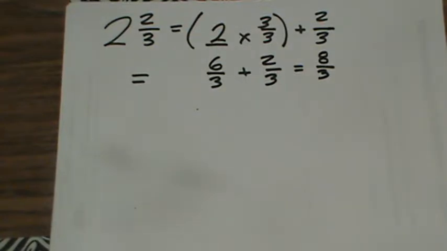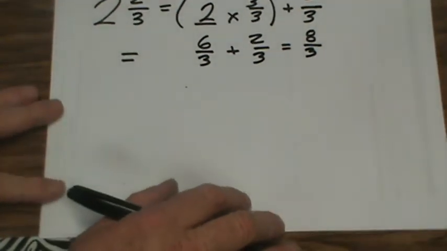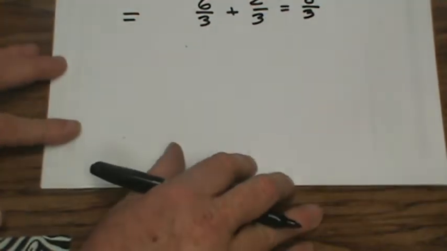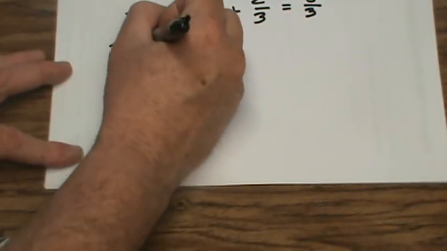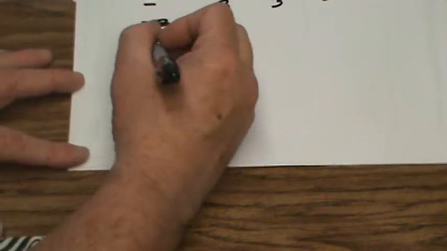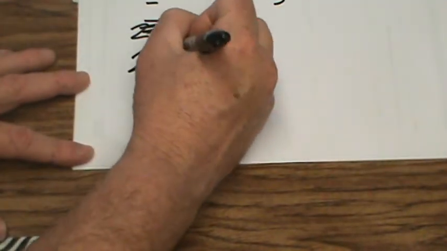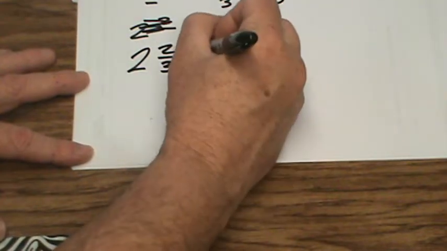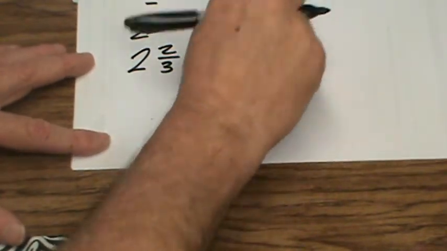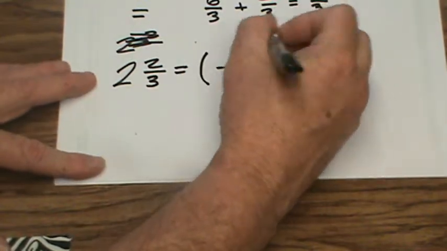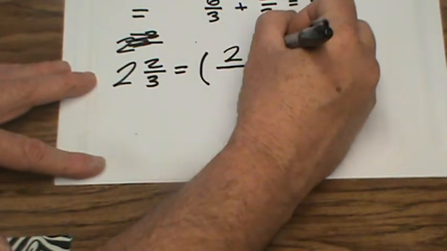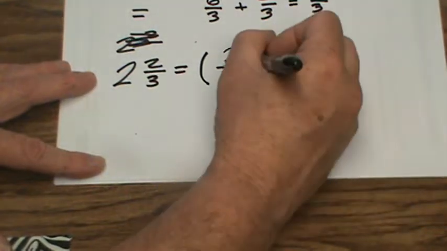Now, we could do it a simpler way, kind of, and I'm going to show you a little trick that we do in 5th grade. We could go 2 and 2 thirds, and you could write this along with me. Scribble that out. We'll say 2 and 2 thirds equals, and think of this as another way of looking at this, okay? It equals 2 times 3 over 3